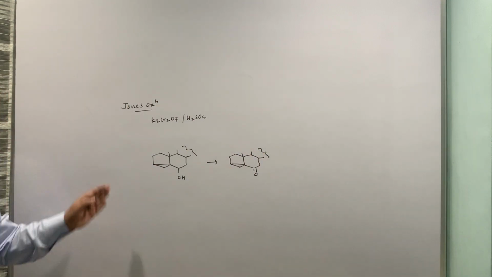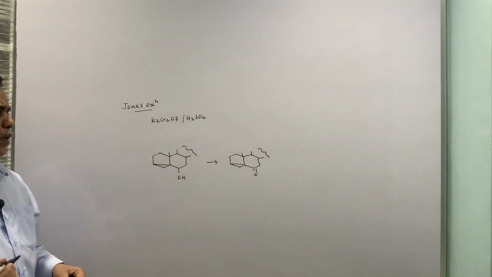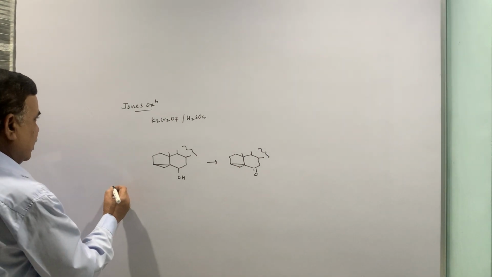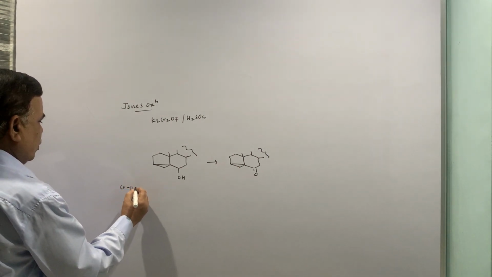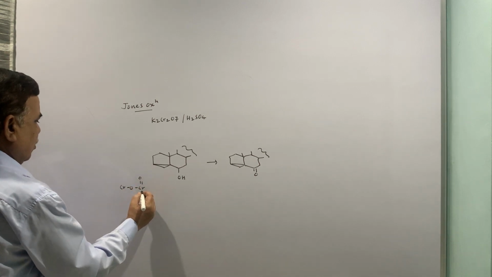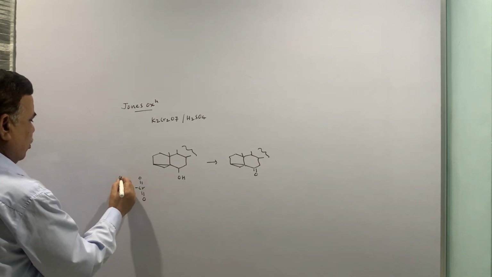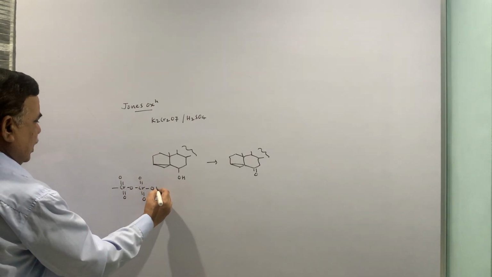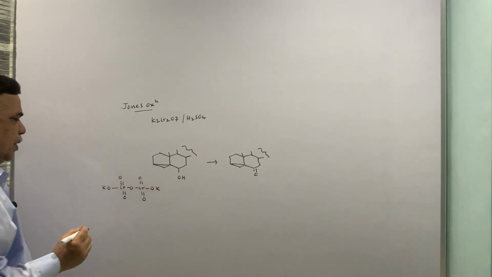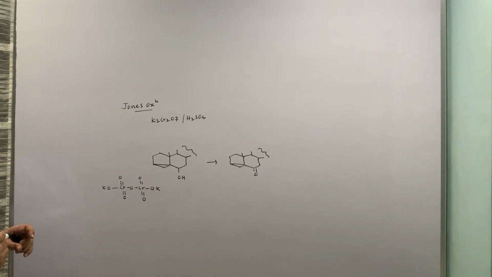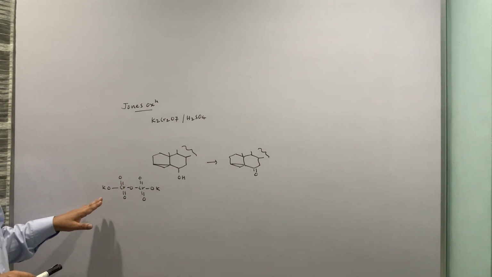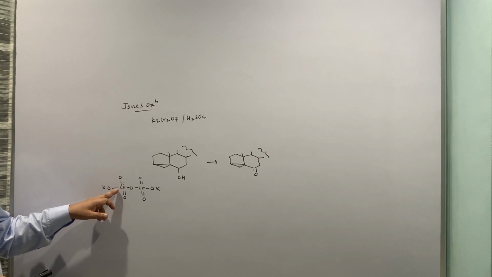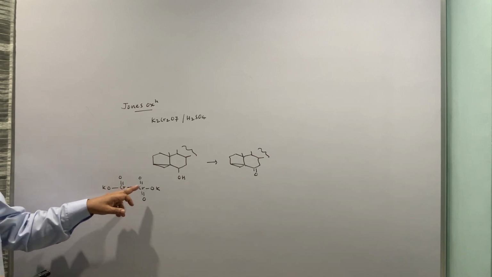So, this is how the substance works. Now, dichromate, if you are asked to write down the dichromate structure, CrO-Cr, a bond is there, double bond O, double bond O, double bond O, double bond O, right, O, K, O, K. This is K2Cr2O7. So, there are 7 oxygens. Chromium is +6 at this point.